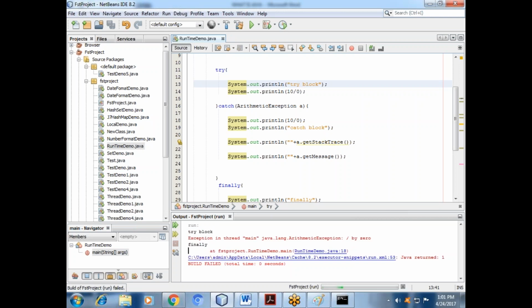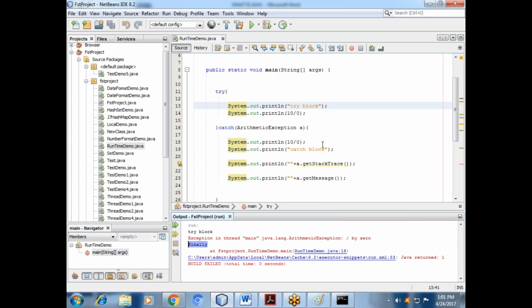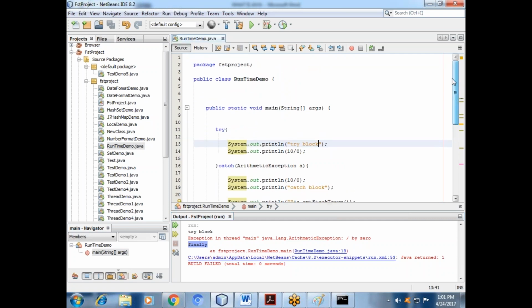You will write the try block. See, our try block is successful and finally is successful. So are you getting an exception in the catch block or not? So this is the way to understand the flow of your program also. Whenever you do a big program, at that time you will easily understand where you will get the problem. Got it or not?